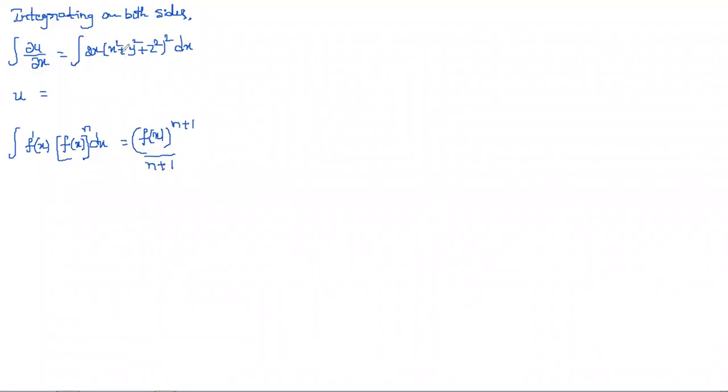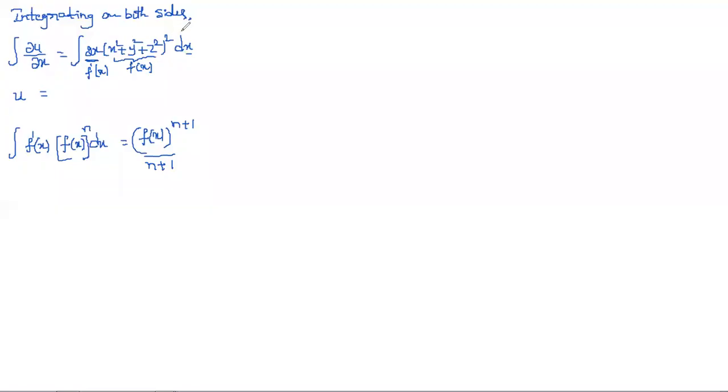So if you observe, this is nothing but f'(x) and this is nothing but f(x). So we can read this as f(x) and this is f'(x). Is the formula applicable or not? So x² + y² + z². What is the derivative with respect to x we are doing? For this, the x² derivative is nothing but 2x, right? And obviously these are zeros.